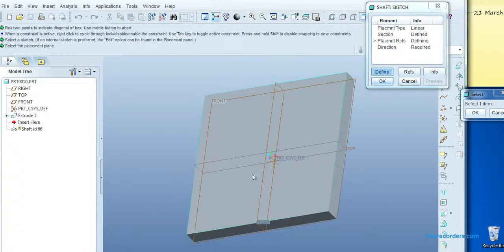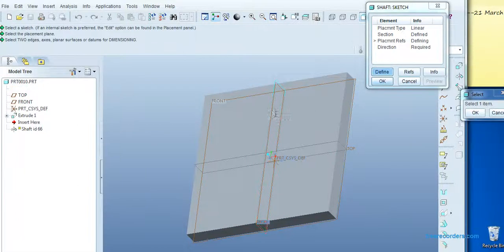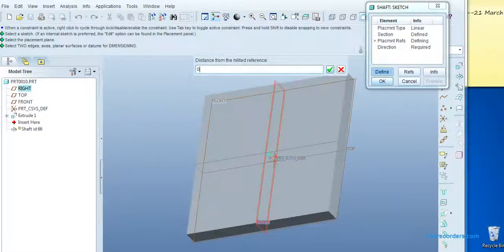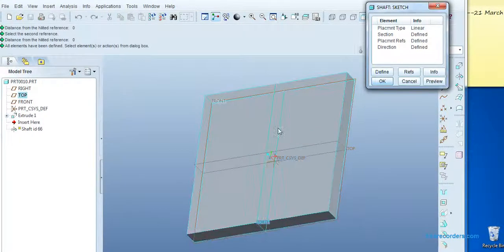For the placement, first I select the surface by clicking the mouse on the surface. Then I select any two edges, planes, or axes for dimensioning. So I selected this plane and give the value 0, enter. Then selecting this plane, giving value 0, enter. It means I want to put my shaft at 0, 0 from both planes.